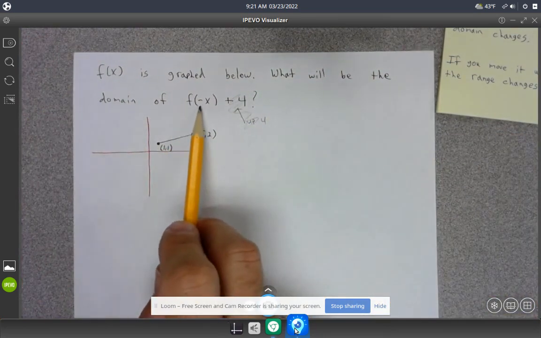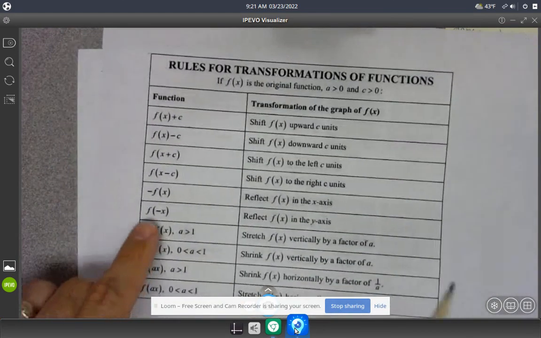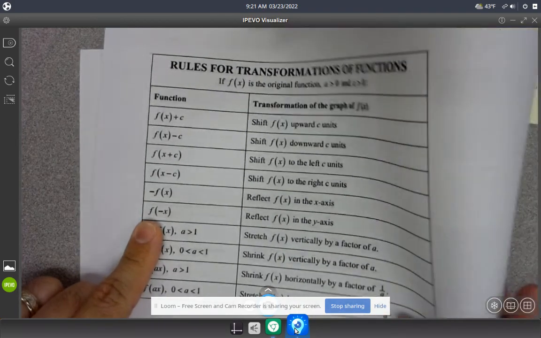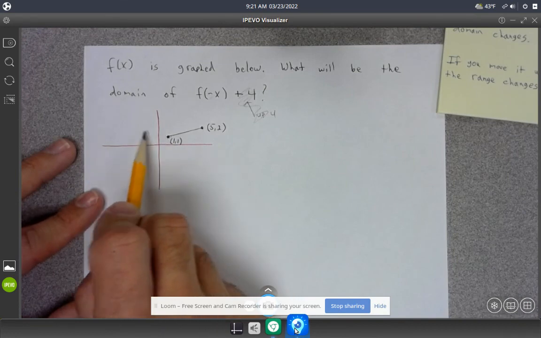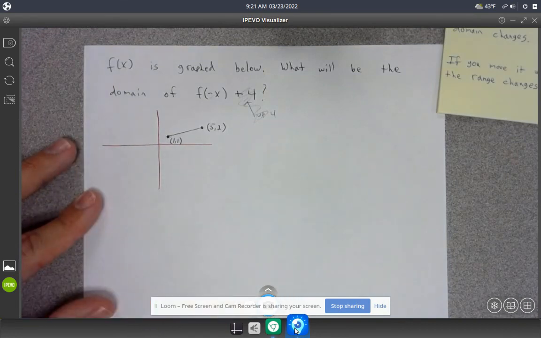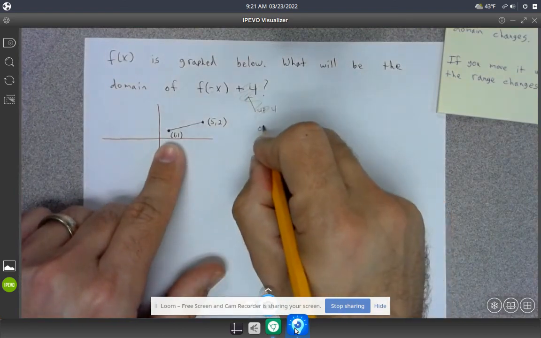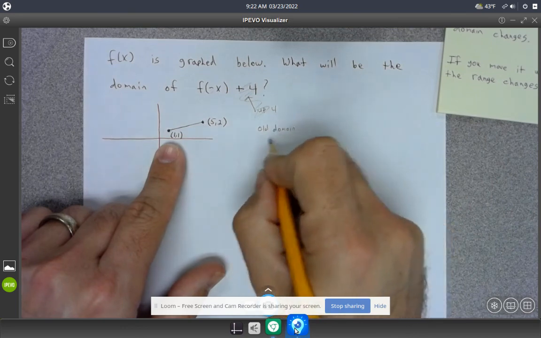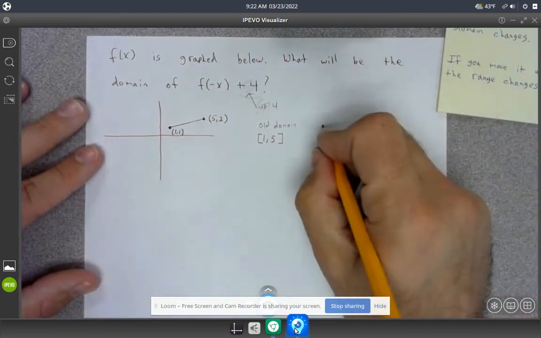What we're doing here is we are reflecting it across the y-axis. Okay, f of negative x is a reflection across the y-axis. So each of these endpoints are going to get reflected over here. Before I do this, let's state what the domain is. What the old domain is, is how far left and right it goes. So the old domain is 1 to 5. Right? That's how far left and right it goes. The new domain